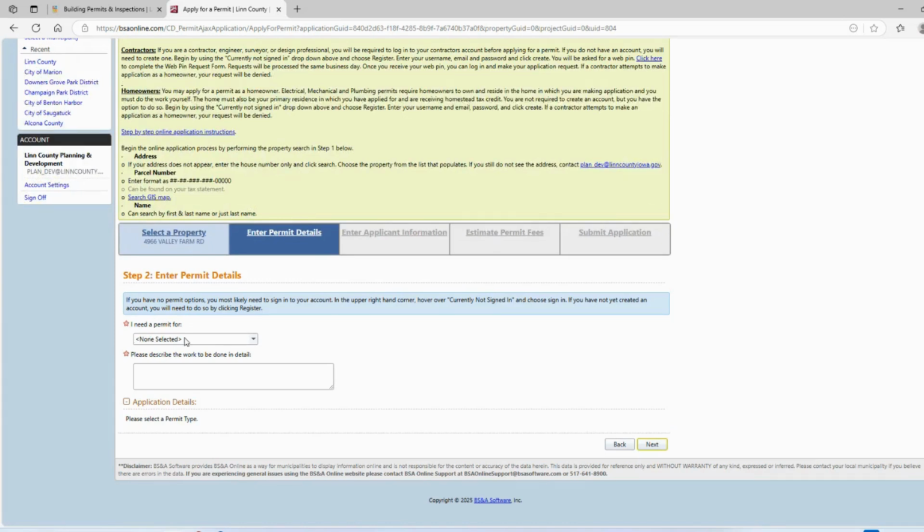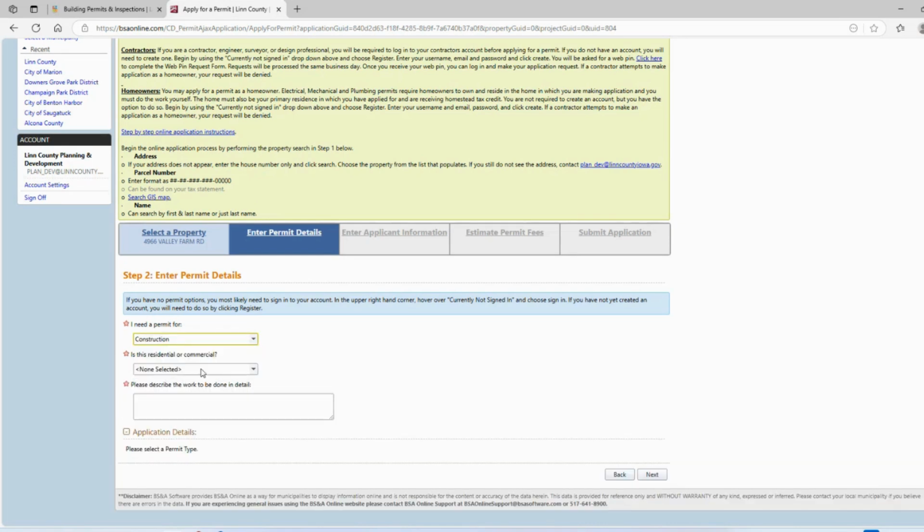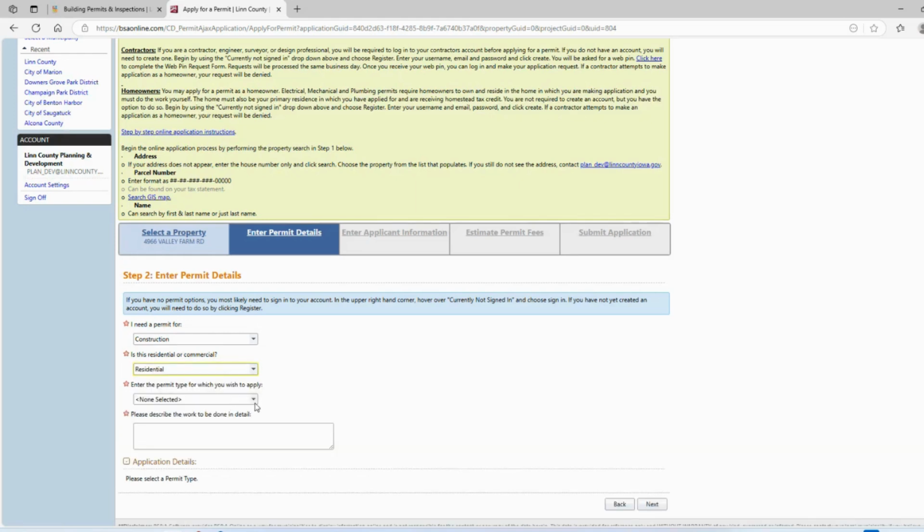In the I Need a Permit For, choose Construction. Select Commercial or Residential. The type of permit you are applying for depends on your construction project. For example, if you are applying to construct a new detached garage, pole building, or shed, you would click Accessory Structure New. If you are building a new house or doing construction to an existing dwelling, you need to scroll